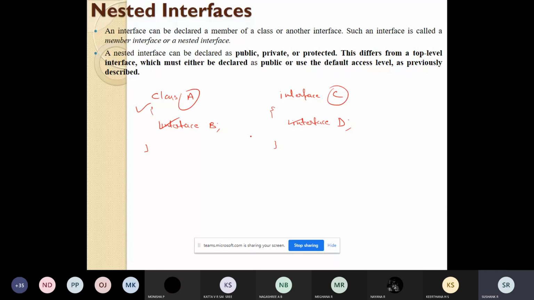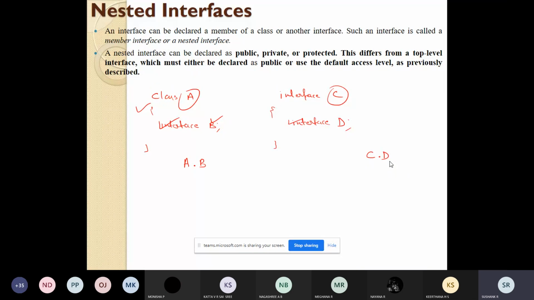If you want to refer to B, you refer to it as A dot B. If I want to refer to D, I refer to it as C dot D. This is how I can refer to the nested interfaces. You cannot access them directly.